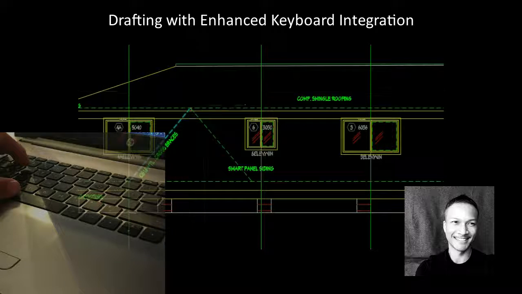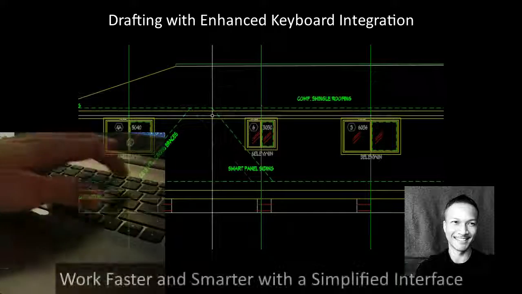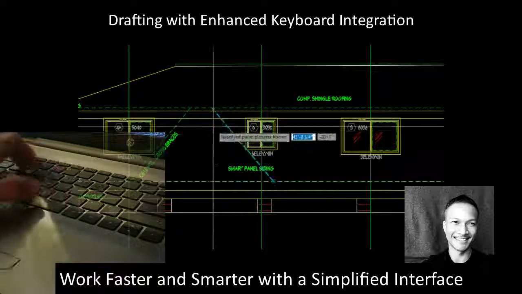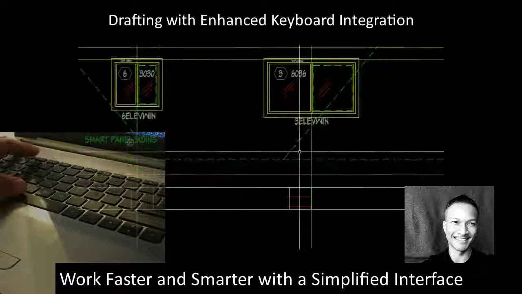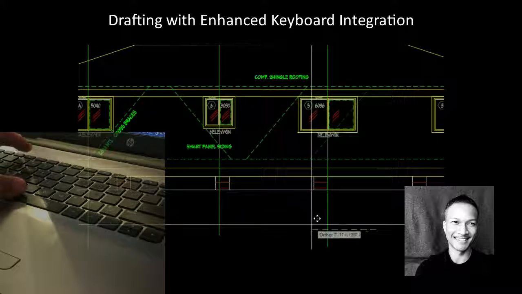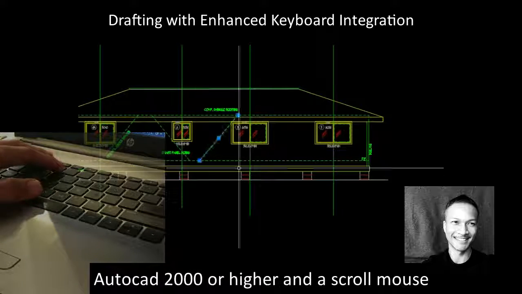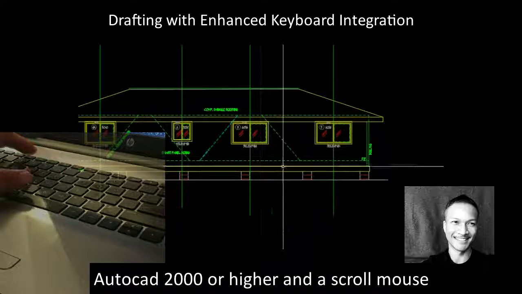The ideal student or professional for this course? Someone who wants to work faster and smarter in a simplified AutoCAD interface and has the desire to learn a classic approach to AutoCAD. All you need is a computer with working AutoCAD installed, version 2000 or higher, and a